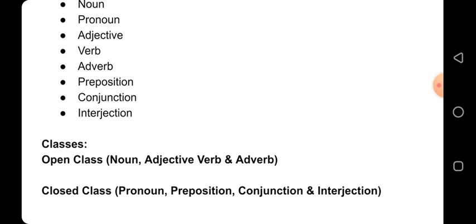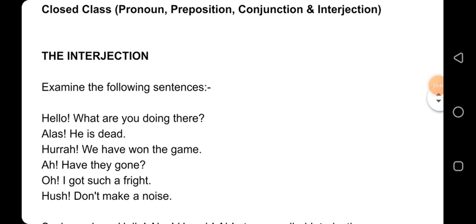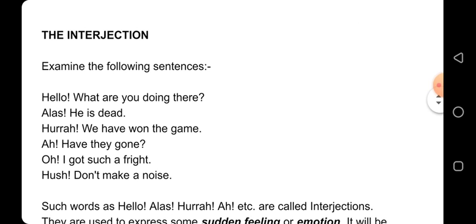All right. So this is how we can understand this, that there are some words that are open class words that keep on expanding in language, and there are some other words that are closed class. So in open class we have four parts of speech: noun, adjective, verb, and adverb. While in the closed class, we also have four parts of speech: pronoun, preposition, conjunction, and interjection. All right. So here we go with interjection. It's our last part of speech, and